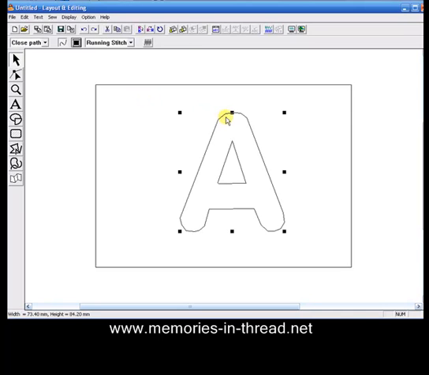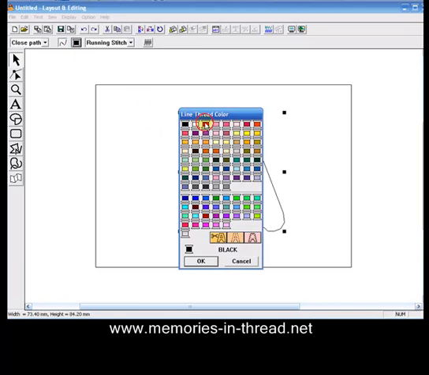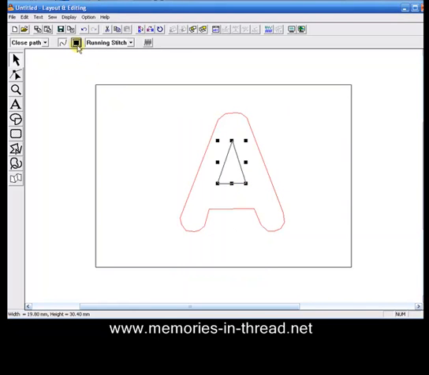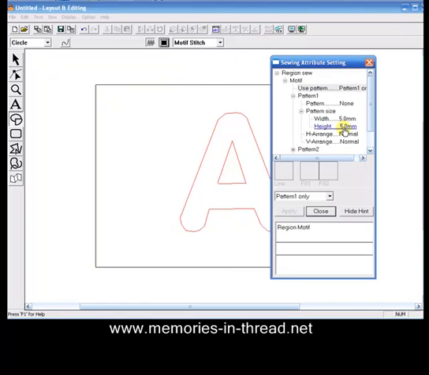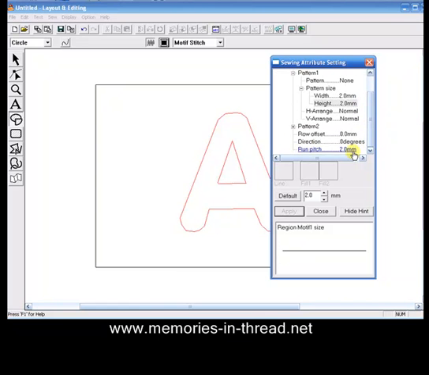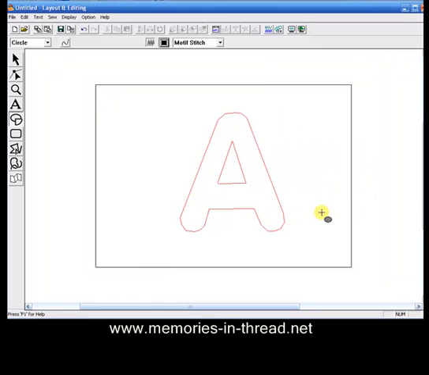Now before we do anything, I'm just going to change that back to red. You'll see why in just a moment, just so that I'm going to be able to see it more easily. Okay, we're now going to do the motif, the motif oval around the outside. So take the motif tool, change your drop down to motif stitch, go to your sewing attributes, and we want to set the width and height to 2mm. So we click on width, go down the bottom and change it to 2, and the same with the height, change to 2, and then you'll see that your run pitch is automatically set to 2 anyway. So we can close that box for the moment,